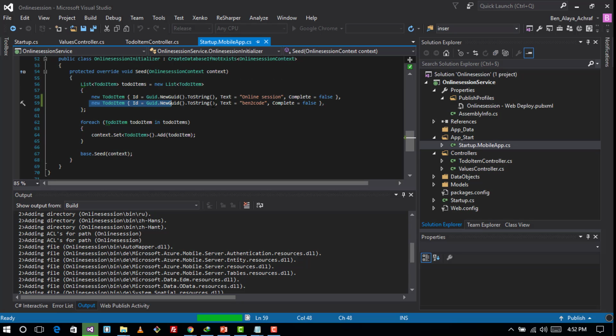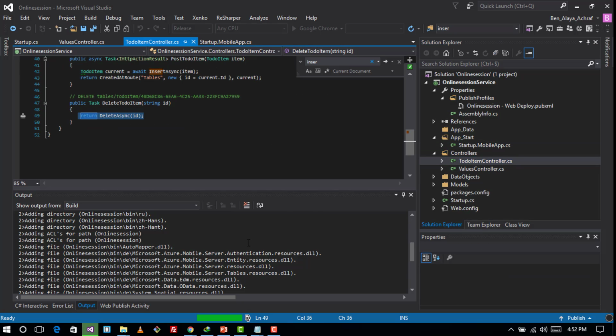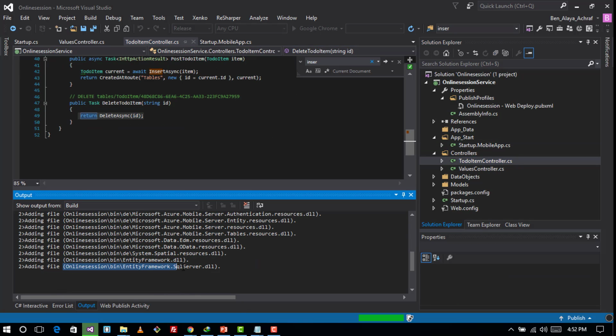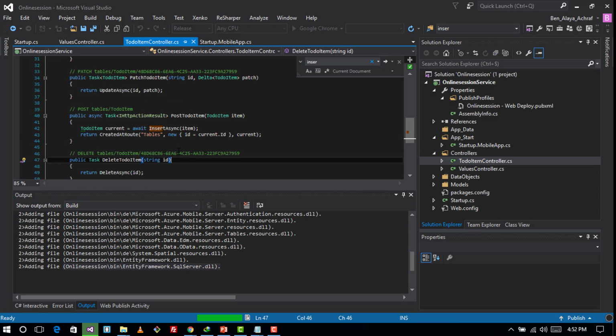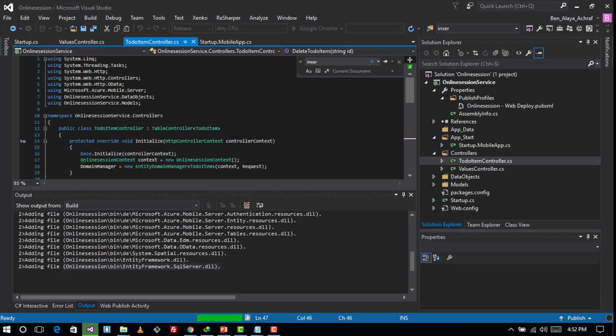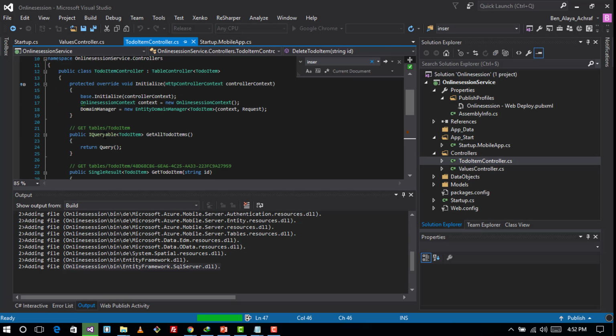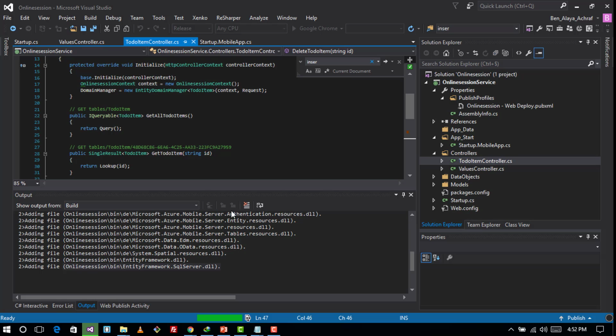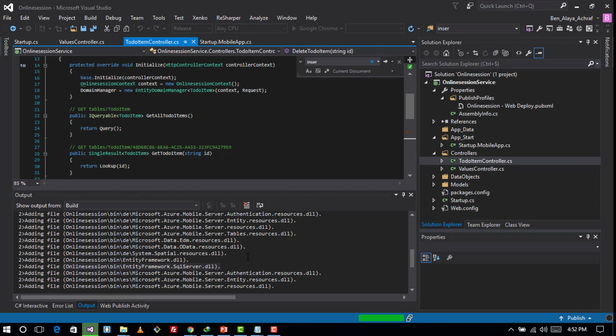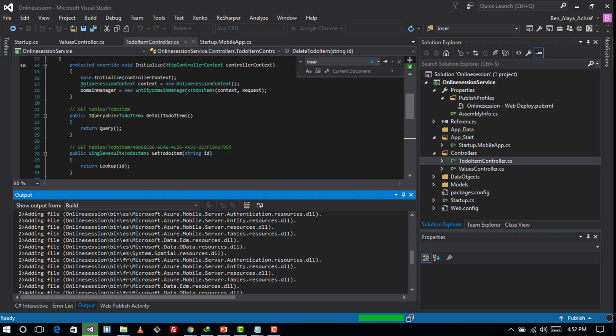Actually, it's here. We have our to-do item. Okay, Entity Framework, SQL Server. Okay, so we have an online session, and I think this is related to, and actually here